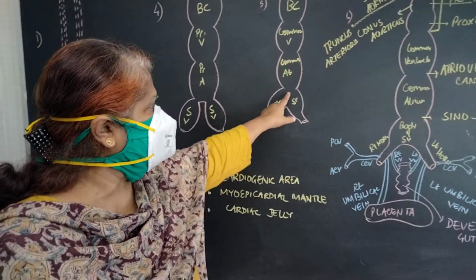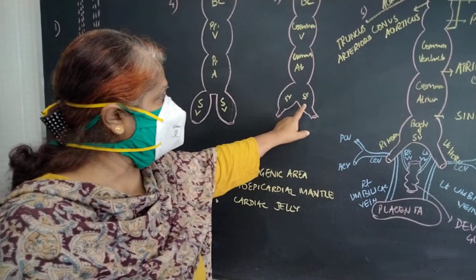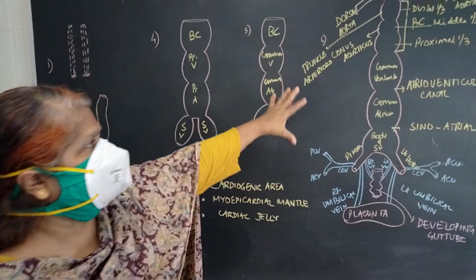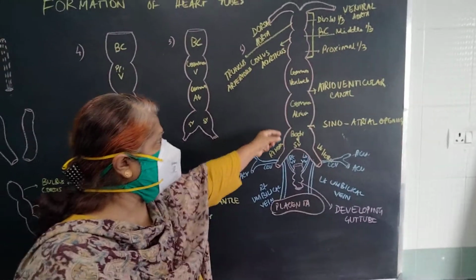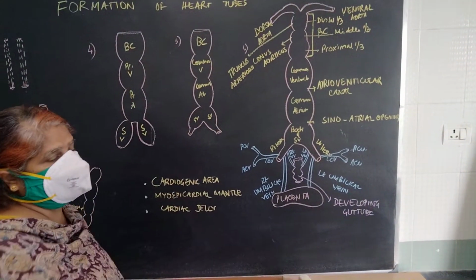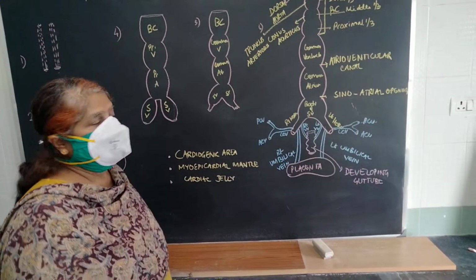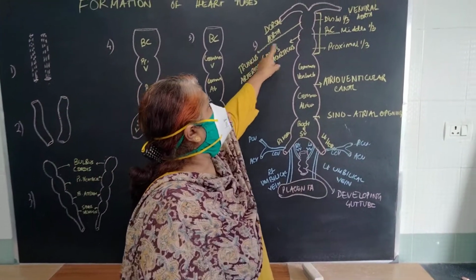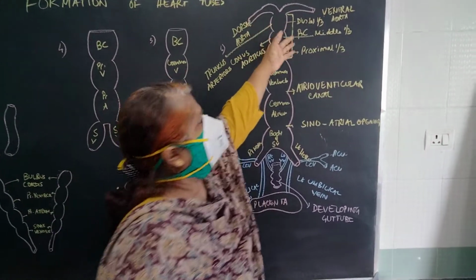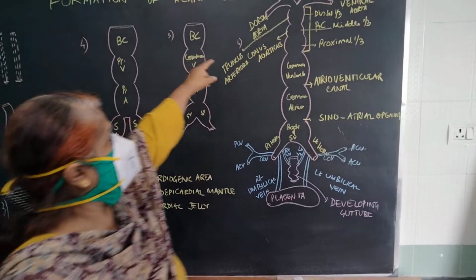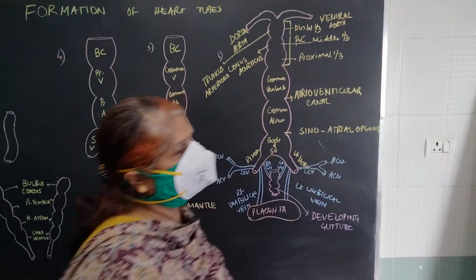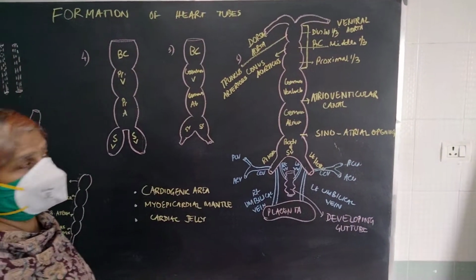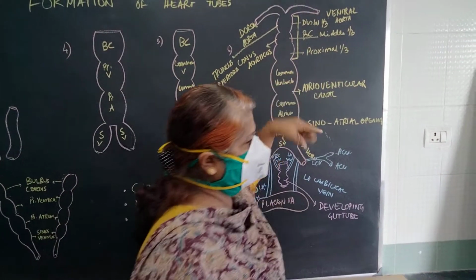They will be together forming the body of the sinus venosus and the right and the left horn of the sinus venosus. So this will ultimately enlarge in size forming these figures. Let us see the bulbus cordis, which is now divided into proximal 1/3, middle 1/3 and distal 1/3. The distal 1/3 forms the truncus arteriosus and it is continuous with the dorsal and the ventral aorta. So this is called the distal 1/3, the truncus arteriosus. The middle 1/3 forms the conus arteriosus and the proximal 1/3 will be incorporated into